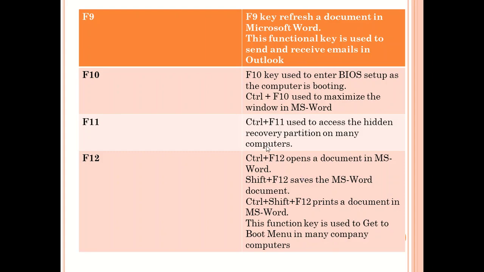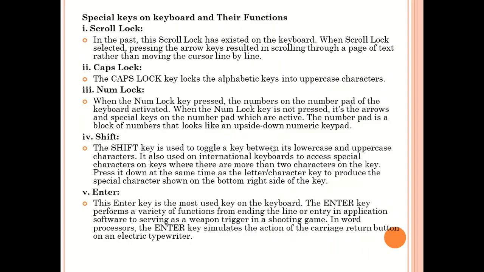Now going further, we want to look at the special character keys. Talking of special character keys, we have what we call the scroll lock. The scroll lock is mainly used to prevent scrolling of your page of text. So you have a page of text and you don't want to scroll it down. When scroll lock is selected, pressing the arrow keys